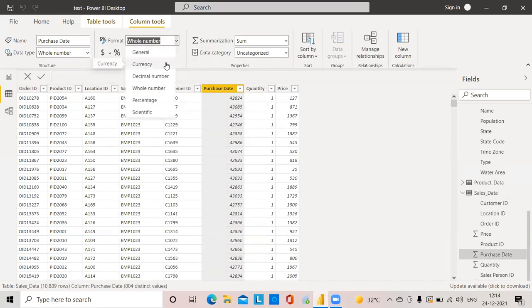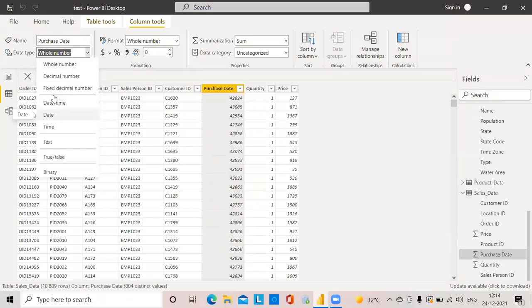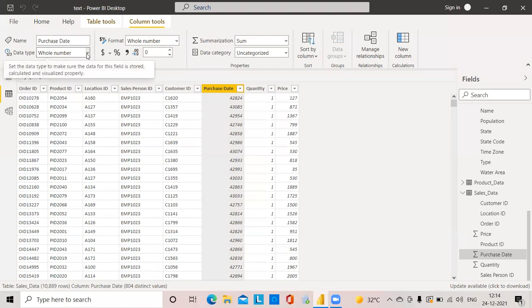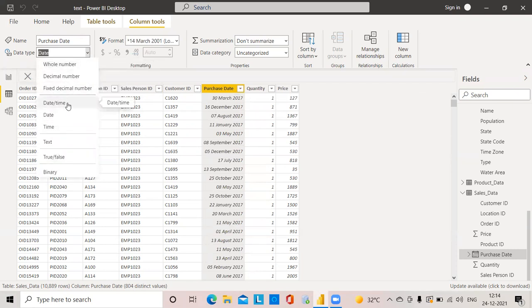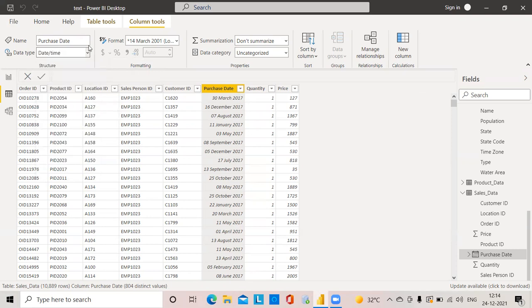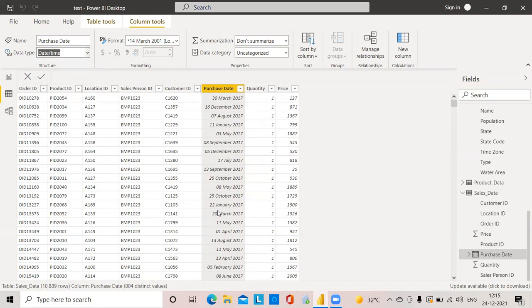We have a data type option here. I will convert this into date format, the date or time option. Now I have converted this into the date or time format.